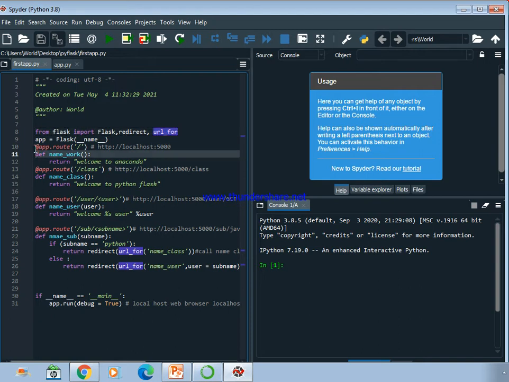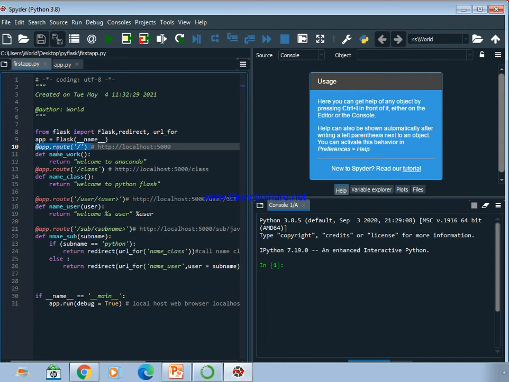If you see here, this is the first thing I am going to do. If you execute localhost:5000, which is the port number, it will automatically redirect to this particular path where only the slash is available.